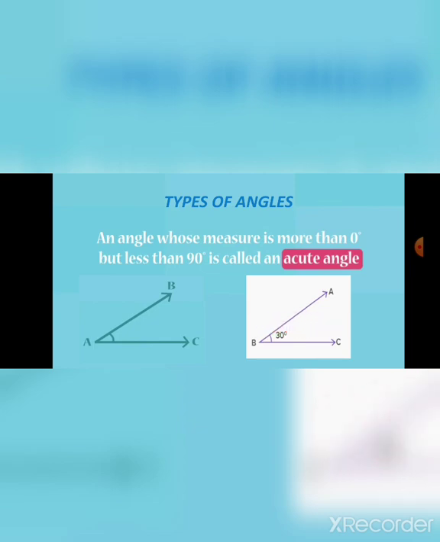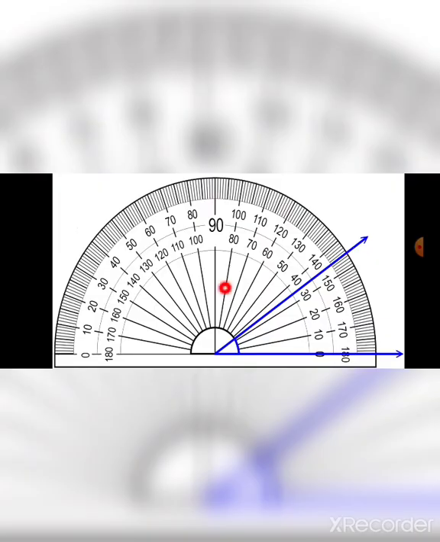We shall see on the protractor. Now, as I have explained to you how to use the protractor, the numbers which are inside, we are going to use from 0 to 180 degree. Now the sleeping line is drawn over here and the protractor center is kept on the point of the sleeping line. Now the line is drawn at 35 degree. The number between 30 and 40 will be the 35 degree, which is less than 90 degree and more than 0 degree. So this is how the acute angle looks after the measurement.